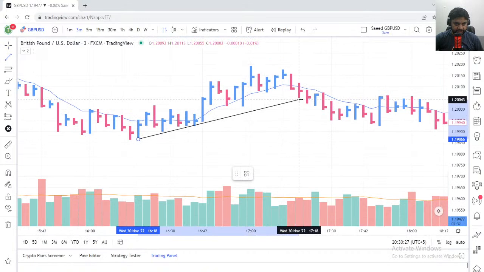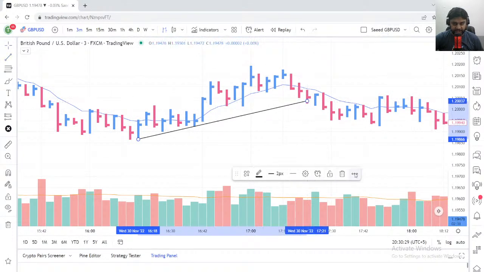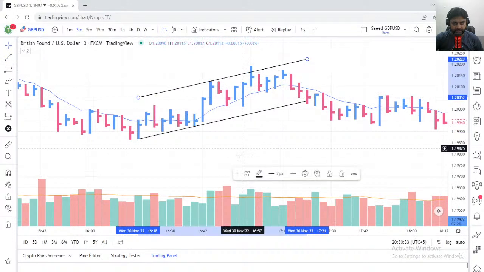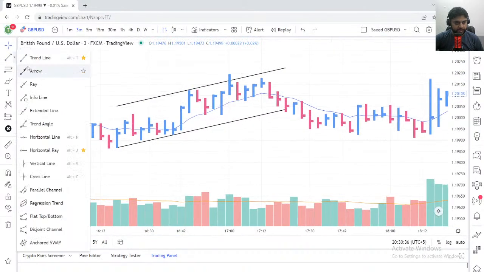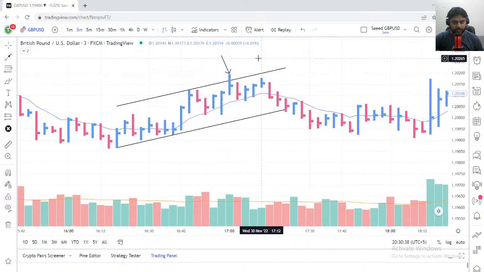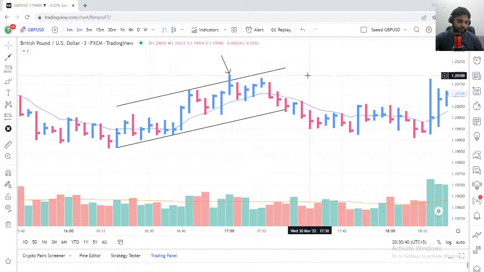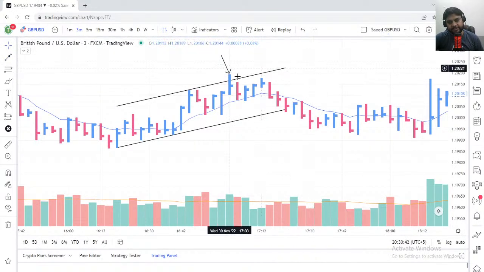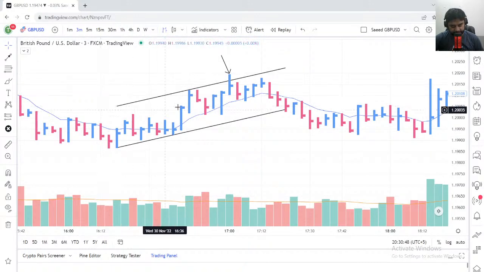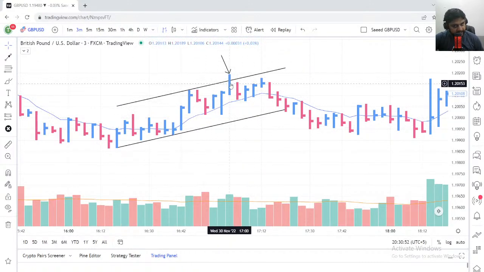Let me illustrate. This is a trend channel. Let's put this trend channel over here. Can you see something over here? Can you see that this is overbought, isn't it? If this is overbought, that means the market is going to go down from here, because it's overbought in the trend channel. So it is violating the trend lines. That's why you should expect that the market is going to go down.